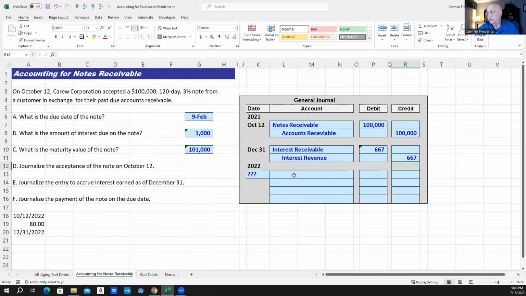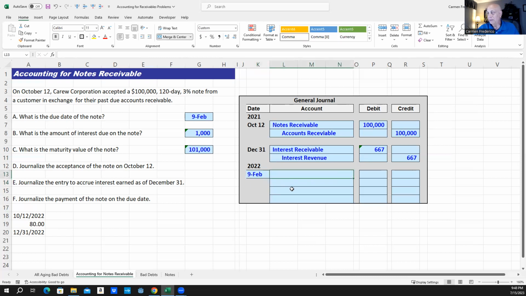Okay, so that's on the books as of the end of the year. We want to make sure we match the revenue in the proper period, or we recognize revenue when it's earned. We have earned this revenue. We haven't received the money yet. We're going to get the money on February 9th, but we're going to record the interest that's earned. So now on February 9th,